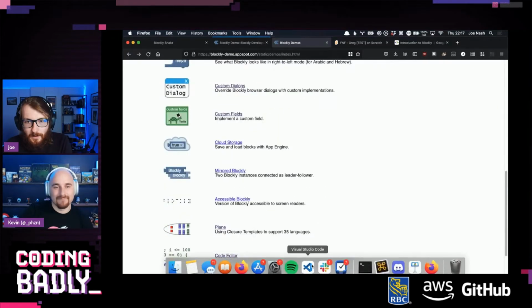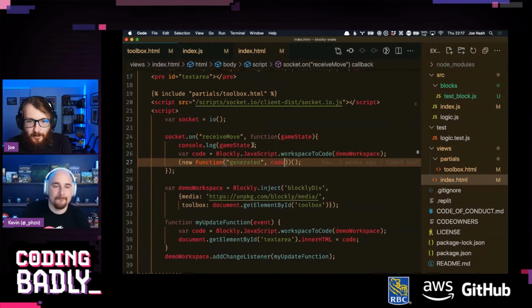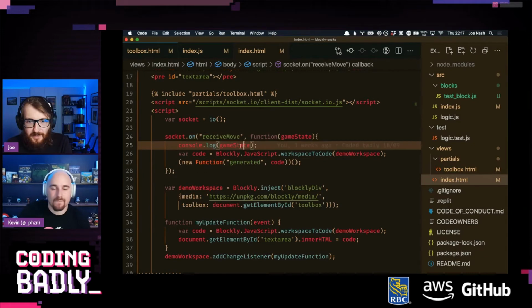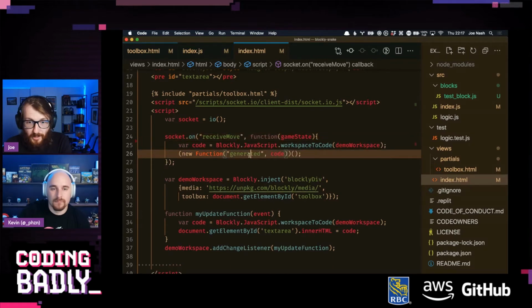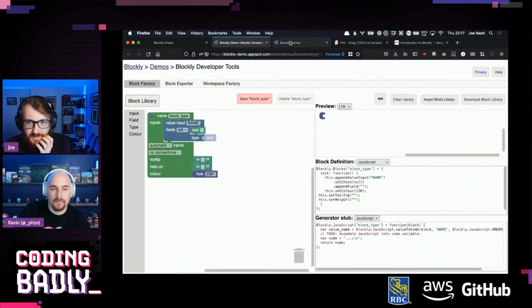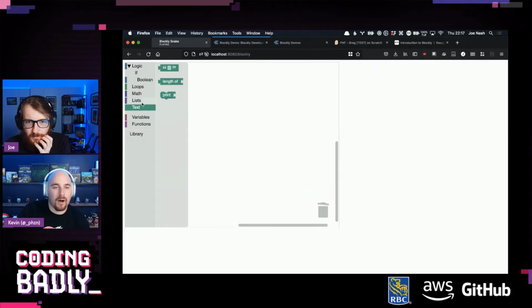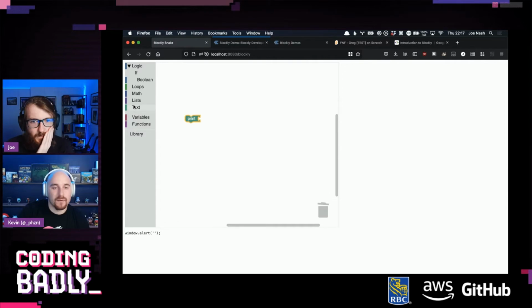So let me just quickly confirm this was definitely working. I'm 99% sure this is working. How this hack was working was we were just grabbing game state, and then we were throwing in our generated code and running it, and it was using the same variable because we're defining it in there. But I'm slightly worried about the fact that it is now calling var game state. I'm reasonably sure we had it not doing that before. Maybe if I just do... I'm pretty confident it was.